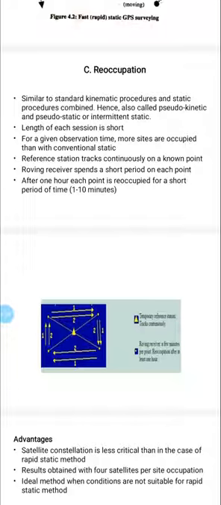So do you understand? So this method is known as reoccupation, right? While I taught you the previous two methods, that is static method and rapid static method, I used to say a word known as occupation. Occupation means observation. So here this is the third method of static surveying, that is reoccupation. Reoccupation means taking observation twice, so that the accuracy will be high. We can check the accuracy of the previously taken data also. So we are taking observation twice, that is reoccupation.